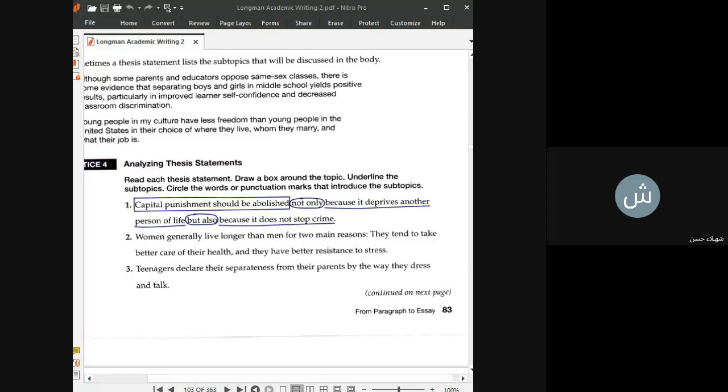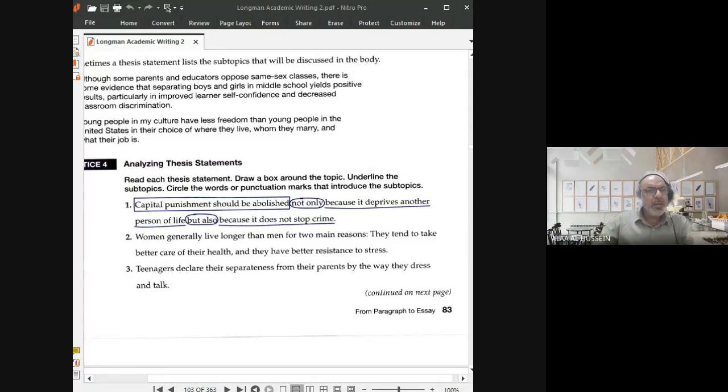Yes, sir, because we have the topic and the main idea. The main idea, the main opinion about what? About the topic. So why does the writer add such sub-ideas? Why do you think the reason behind adding these sub-ideas?